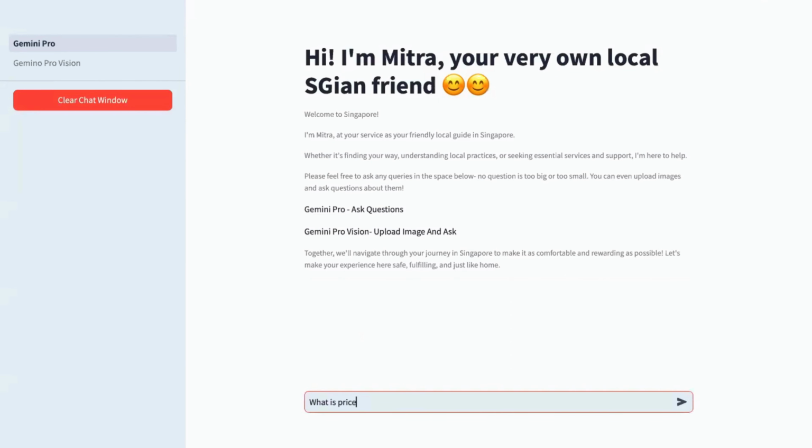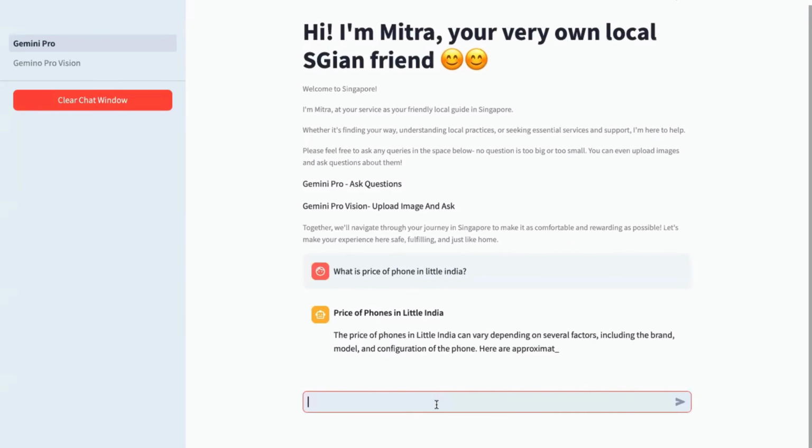Next, coming up to the most important attraction of our app, the Mitra AI chatbot that can smoothly answer any queries that the user may have. The user is prompted to enter their query, and they will get well-informed answers from the Gemini API. For example, what is the price of a phone in Little India? In fact, they can have an entire conversation with this bot